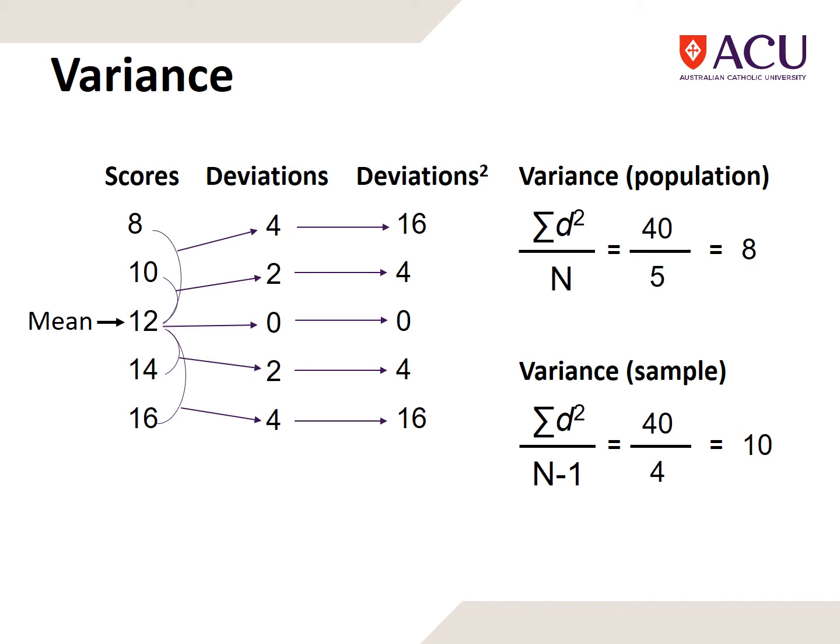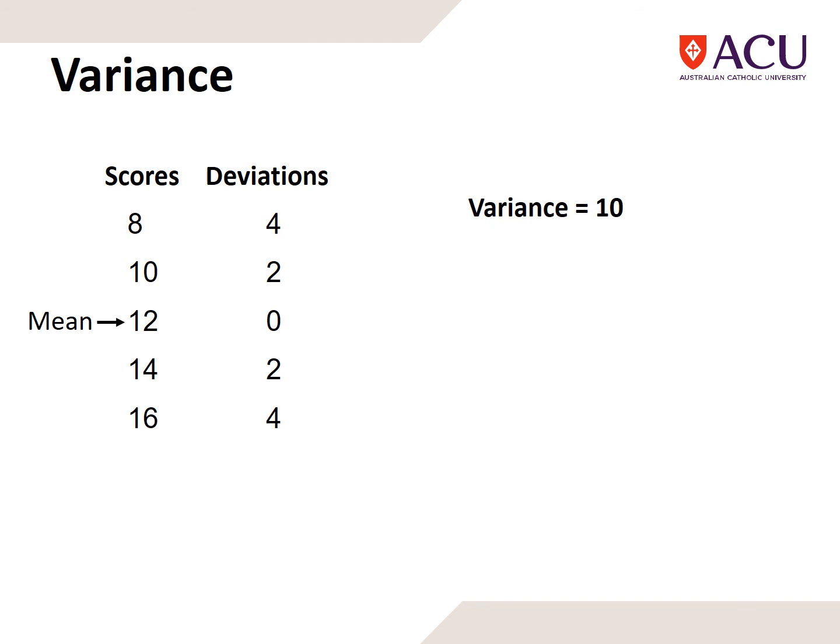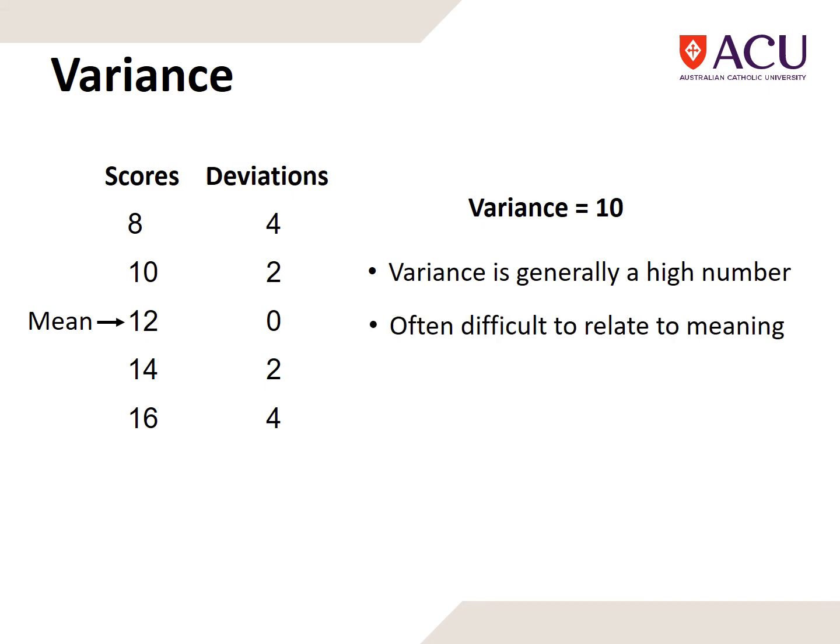Same concept though, if that number's bigger, the more spread out those scores are, and if it's smaller, the closer they are clustered around the mean. So variance ends up considering all of the scores and giving us a number to represent how spread the data is. The major criticism of using variance though is the number we actually get tends to be quite high and is hard to relate back to the meaning of the original scores or even the deviations. So in this case, if we look at those deviations, one logical thing that we might want to use to represent the